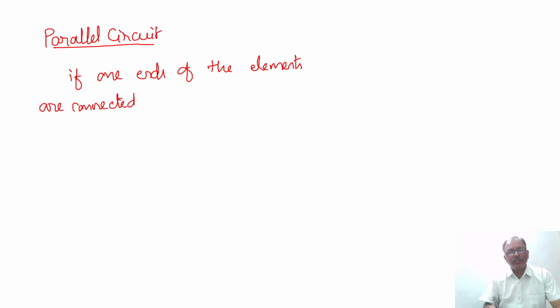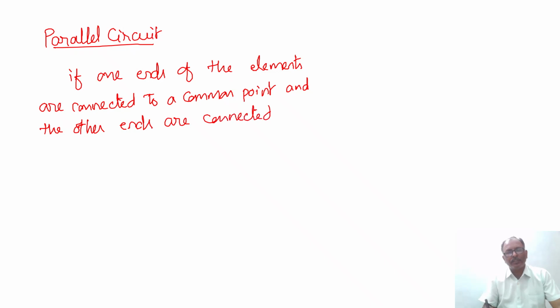In a circuit, if one ends of the elements are connected to a common point or common node, and the other ends are connected to another common point,